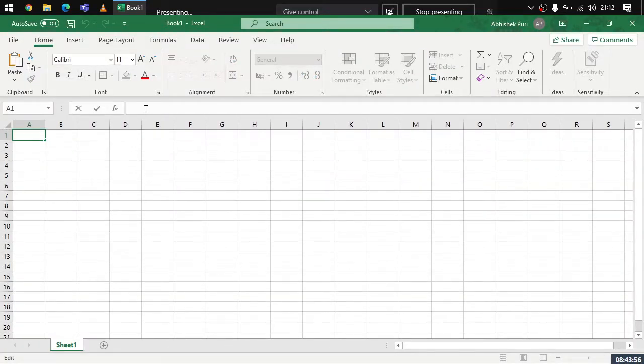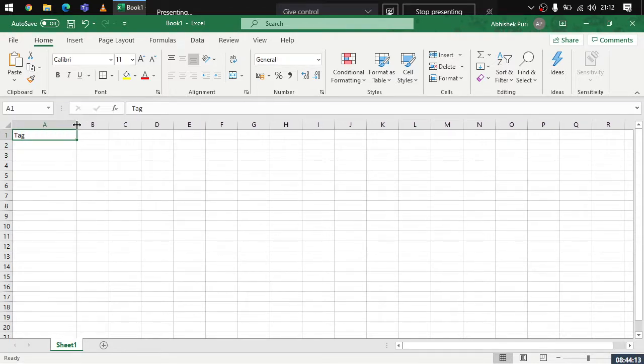Now here an element is represented using a tag name. So here, tag. Now whenever there is a tag, there is some information related to it as well. We will notice this in some time. Let us just make the boxes a bit bigger, right?